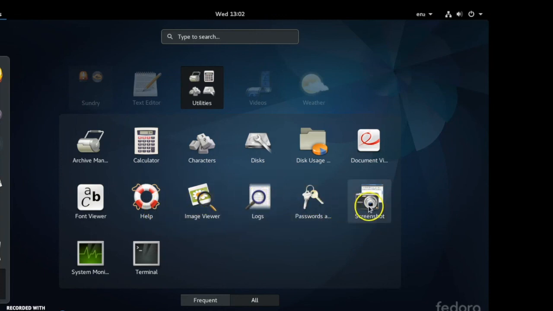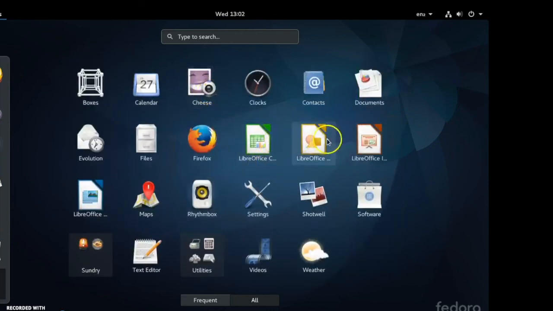Image viewer where you can see the images, logs, passwords. Screenshot where you can take screenshots. System monitor. System monitor is basically for checking how your system is running. Then terminal, it's a kernel wherein you program. It's usually available in every Unix based OS. And we'll go back and